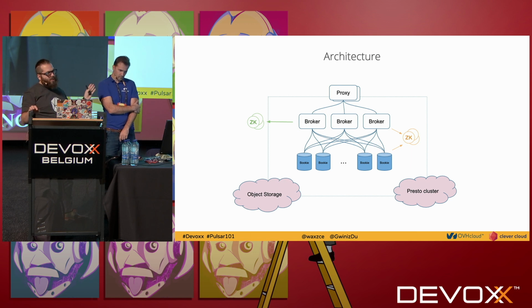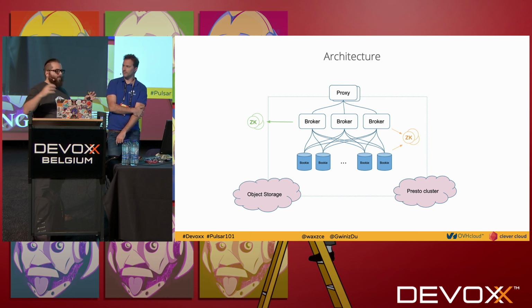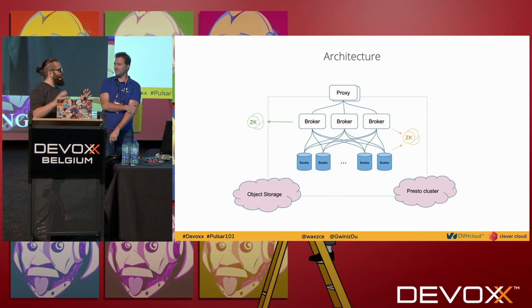clusters. The first is Zookeeper for the internal stuff. It's the orange one on the schema, which manages the internal communication between the bookie and the broker and everything, which is a consensus stack. And you have the green one, which is the outside Zookeeper for global cluster coordination. Because one of the big features of Pulsar, which we will speak about, is the ability to manage multiple